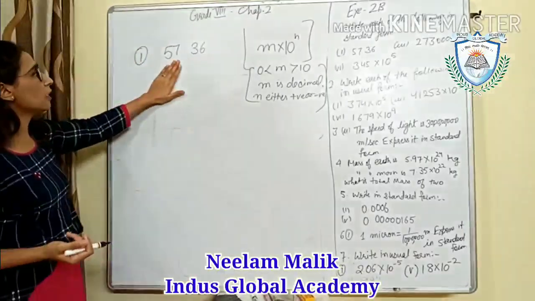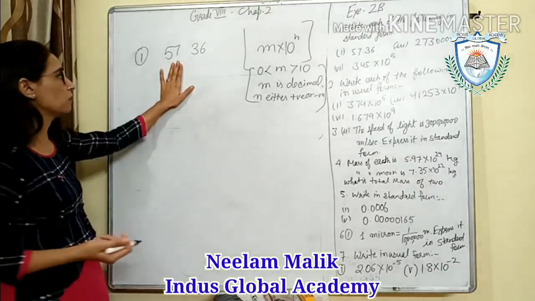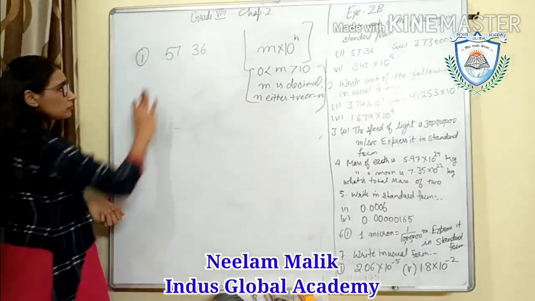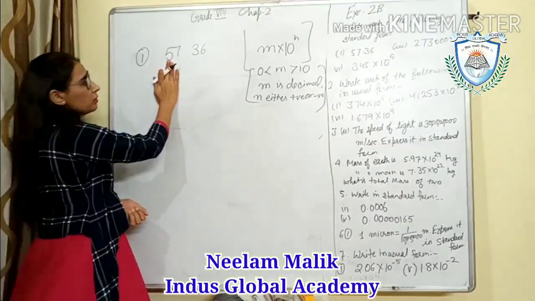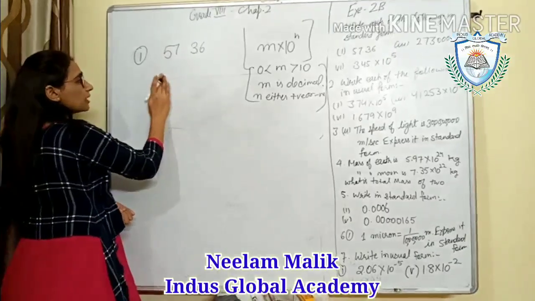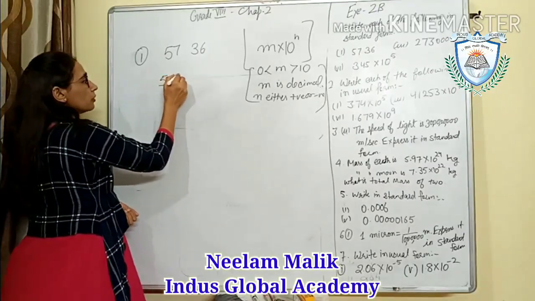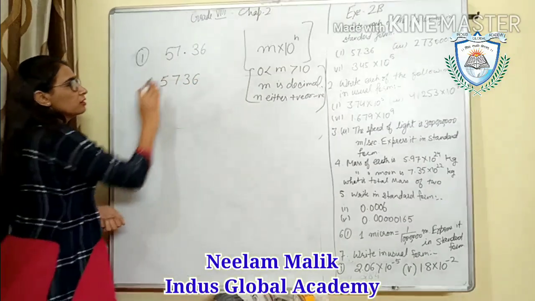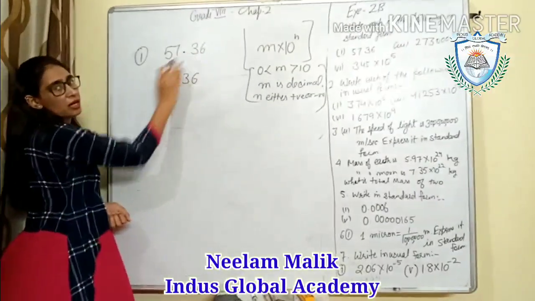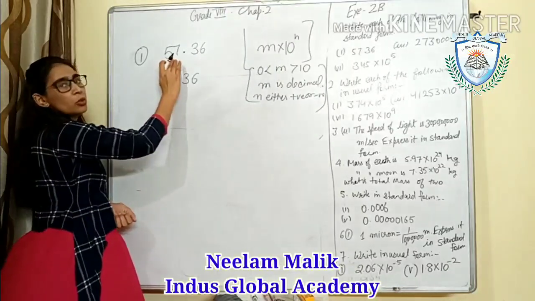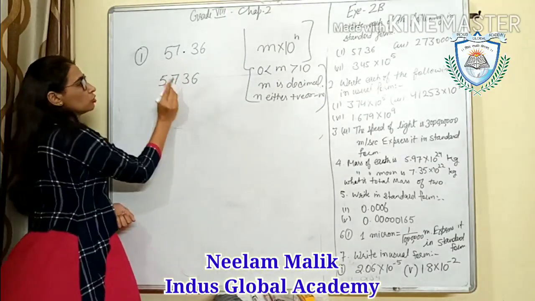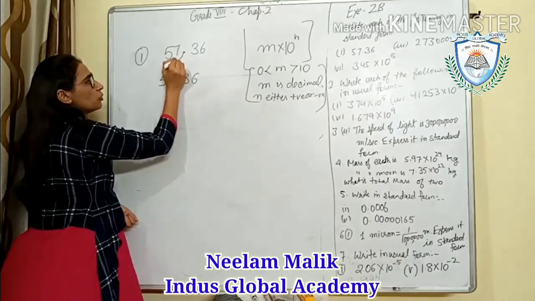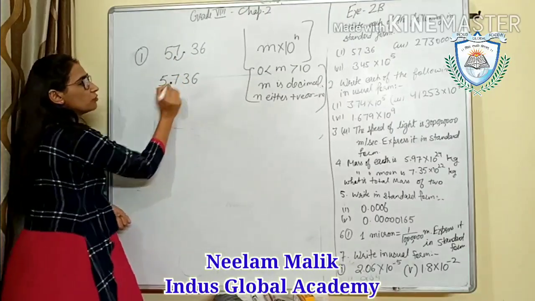So only these three things we have to remember in this complete exercise. Okay, so we have to convert this into standard form. For the standard form, it should be a decimal number. So I'm making this 5. Here is the decimal point. This is 57 point something. I need the value less than 10, greater than 0. So I'm shifting this decimal point here. So my point will be here.